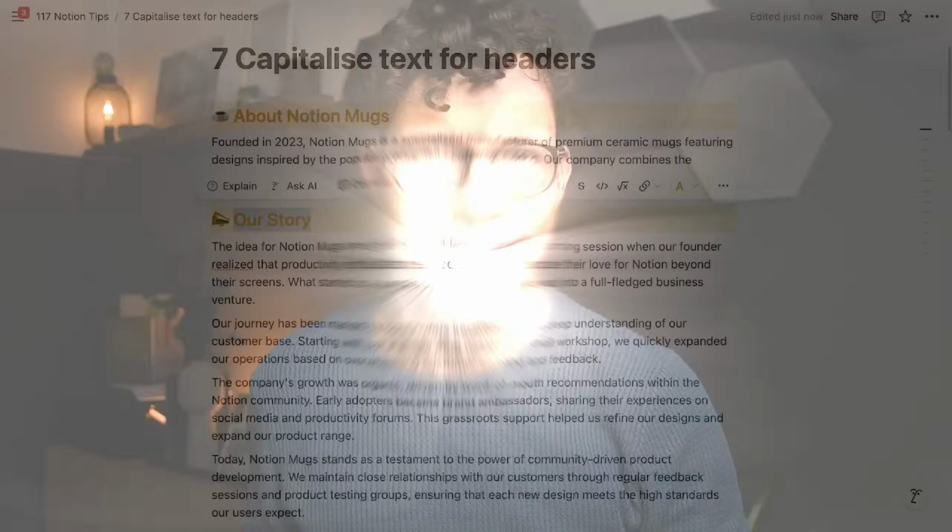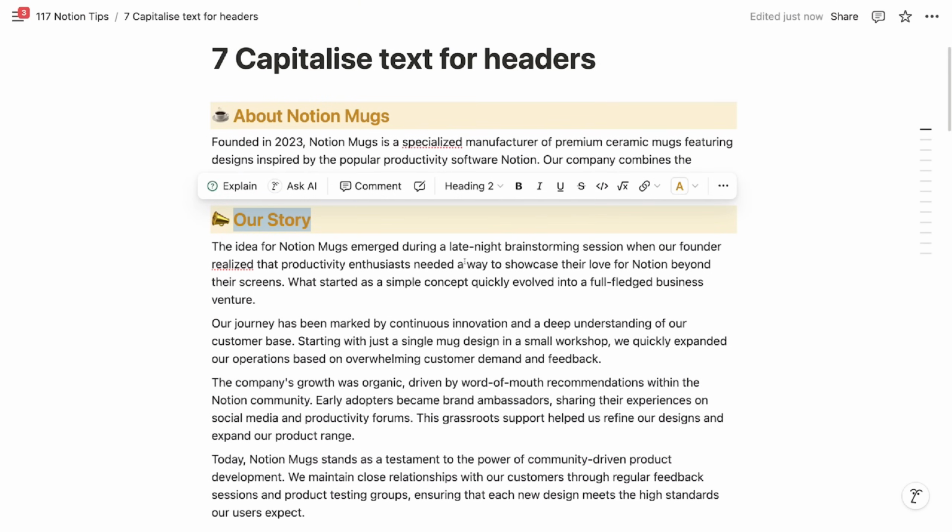Number 7, experiment with capitalizing your headers. Now this look isn't for everyone, but it's certainly worth experimenting with because it can draw a lot of attention to your heading in a nice way. Basically, what you want to do is capitalize every single letter. So instead of writing our story like this, you want to do our